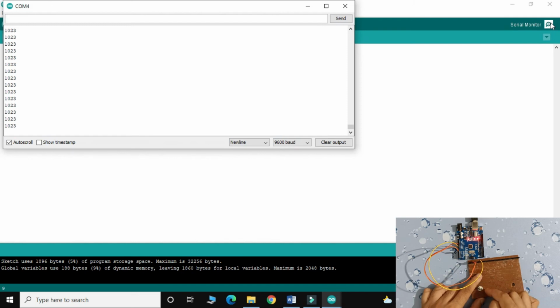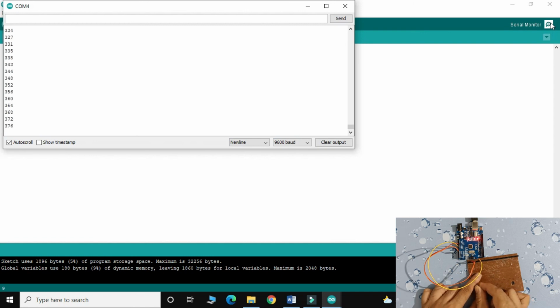Right now the value from the potentiometer is 5 volt, goes to the A0 pin, and when I move this, on the serial port you can see the readings changed, and you just put a formula. According to this formula, the value will display in the voltage also. So right now the 0 volt is equivalent to 0, as you see.